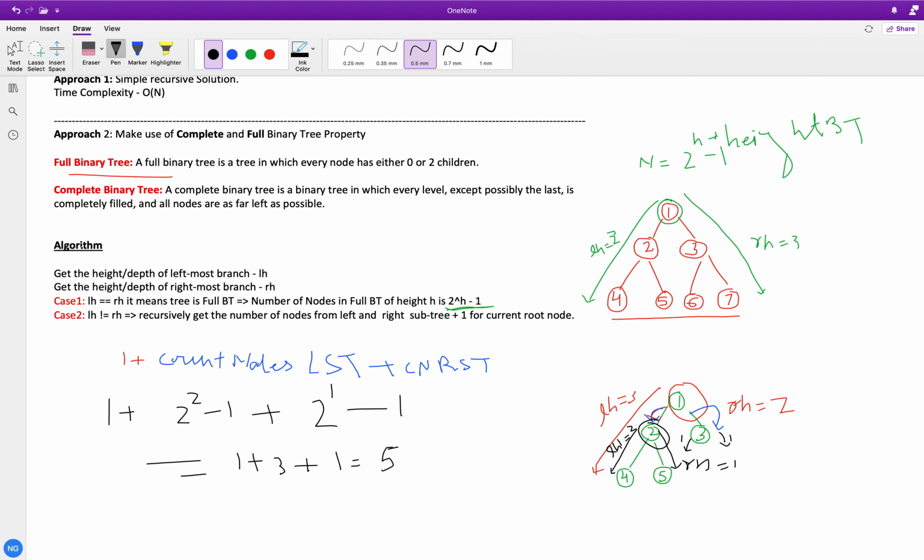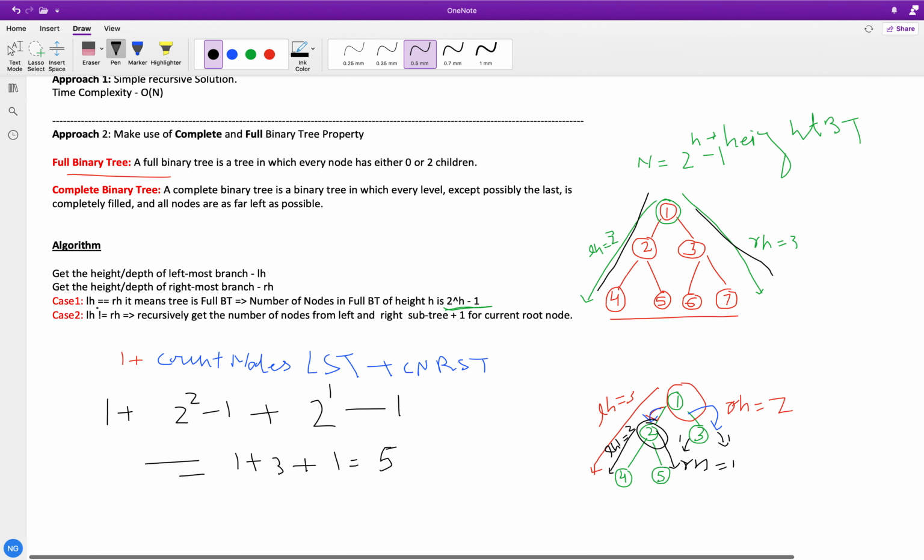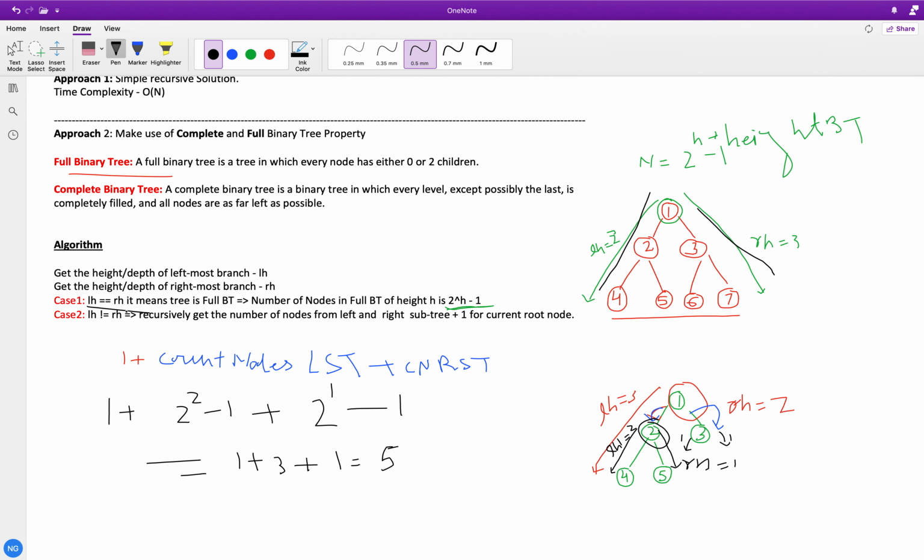So this is the algorithm, the steps I wrote down. First we will get the left height from the leftmost branch, which is this, and the right height from the rightmost branch, which is over here, and we will compare both LH and RH. If they are equal, which means it is a full binary tree, then the total number of nodes from this node is 2 to the power h minus 1.